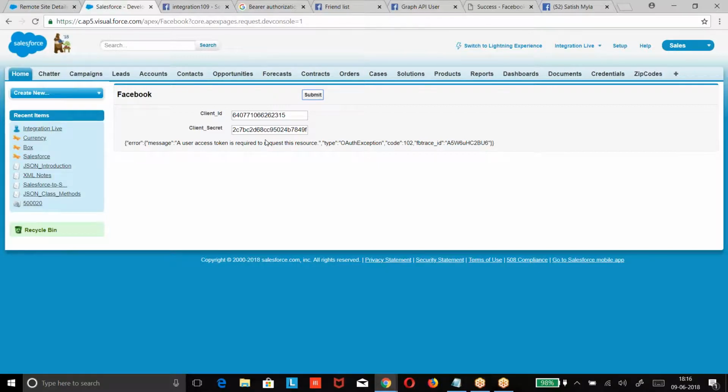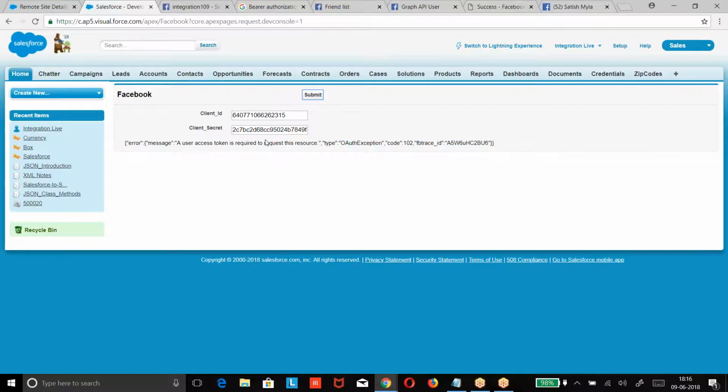Again, if you want one more access token, you will not go through all this procedure. Straight away send the refresh token, and they will send you an access token. Are you getting my point? So when you send a request, they send you a code. When you send the code, they send an access token and a refresh token. Next time when you want an access token, send this refresh token, and they will send an access token.